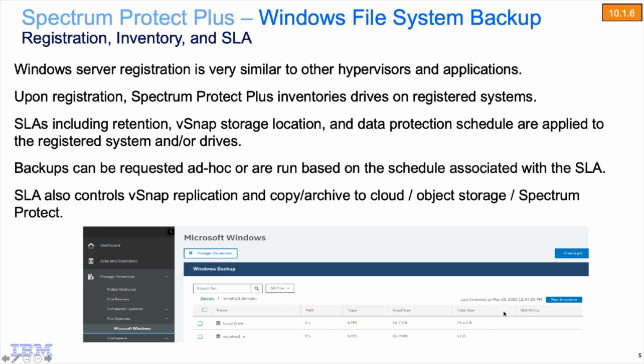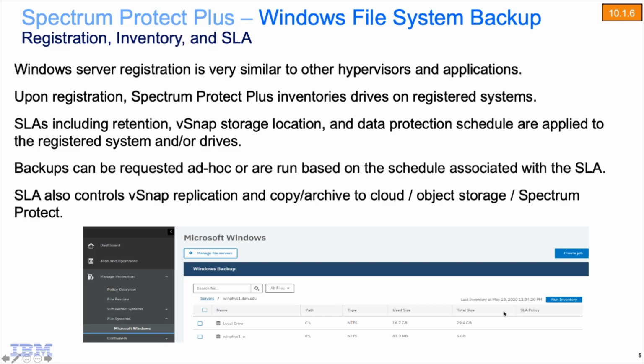This is some further information about doing the registration, inventory, and applying the SLAs to Windows file systems. And what you're going to see is this works very similar to all of the other hypervisors and applications in Spectrum Protect Plus. What's going to happen is you're going to go out and register a Windows server using an administrative user. Spectrum Protect Plus is then going to immediately go out there and run an inventory on that system or